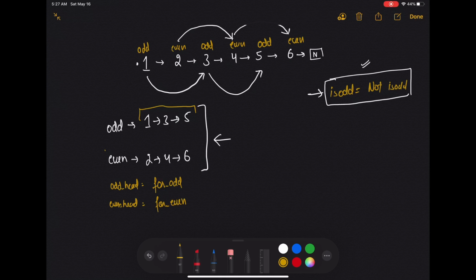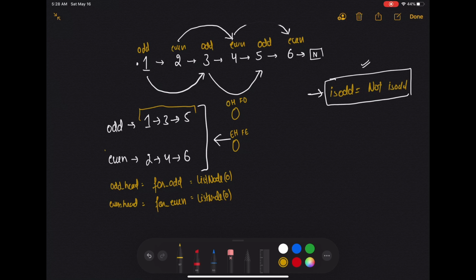These are the two pointers which we will use to traverse through the linked list, and these will be initially equal to ListNode 0 because we need to initialize them somewhere. So these are my two linked lists for now. This is oddHead, this is evenHead, and I have forOdd here and forEven here.